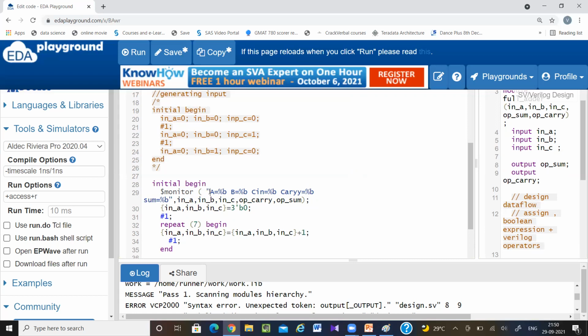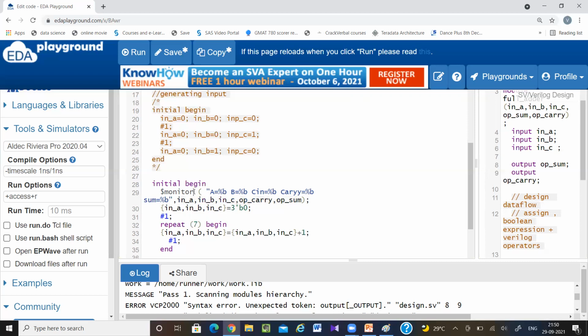In the double quotes you can write any name, it is not going to give any compilation error. But the names you write outside must be valid signals. And what is this $monitor? $monitor means it will keep monitoring these values. Any value change, whether A, B, C, carry or sum, will make the $monitor execute and print those values.